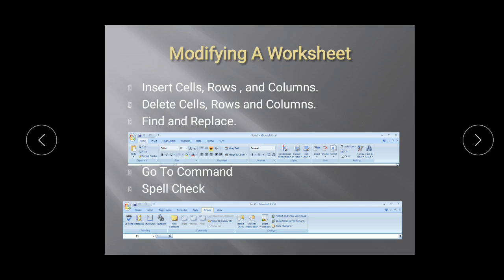Next is find and replace. Now suppose you have a data entry of 200 columns and 500 rows. In that, to find a particular word or a particular name, you cannot scroll through 500 names at a time. So what you can do is, you have a best option that is called find and replace. Find and replace is one option in your